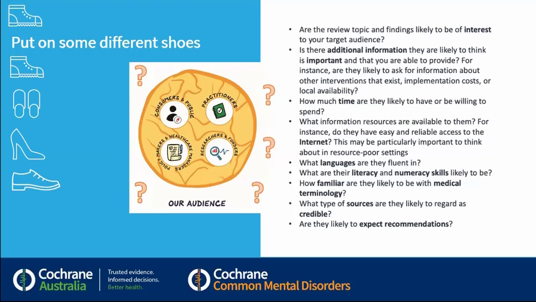I think one of the things that I find important on this list is thinking about people's access to the internet and where people are going to be accessing that information. More people are definitely accessing information on their phone, on a tablet, on a device. They're not necessarily sitting at a PC. So some of these things need to be nice and easy to visualize and see on a phone, in a much smaller screen. But again, it's going back to some of those questions from Shauna's slides at the beginning about what our audience actually is likely to be interested by.